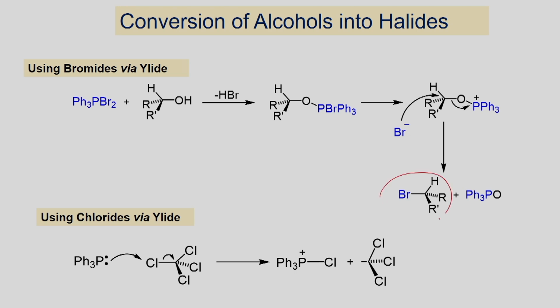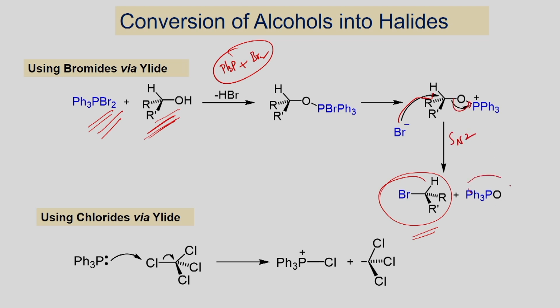Here the preparation of alkyl bromide is shown. If you have the alcohol, you can make this adduct, which can be easily made from triphenyl phosphine and bromine. Once you form the adduct, when you react it with alcohol, as we have seen, you form this. Once you form this one, the Br minus can undergo the SN2 pathway, and it generates triphenyl phosphine oxide, where you generate the alkyl halide as the product.